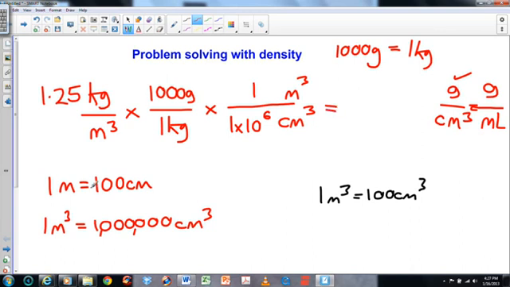And then all we have to do is do our calculation. So 1.25 times 1,000 is of course 1250. But then we've got to divide that by a million. And so what we get is 1.25 times 10 to the negative 3 grams per centimeter cubed, or